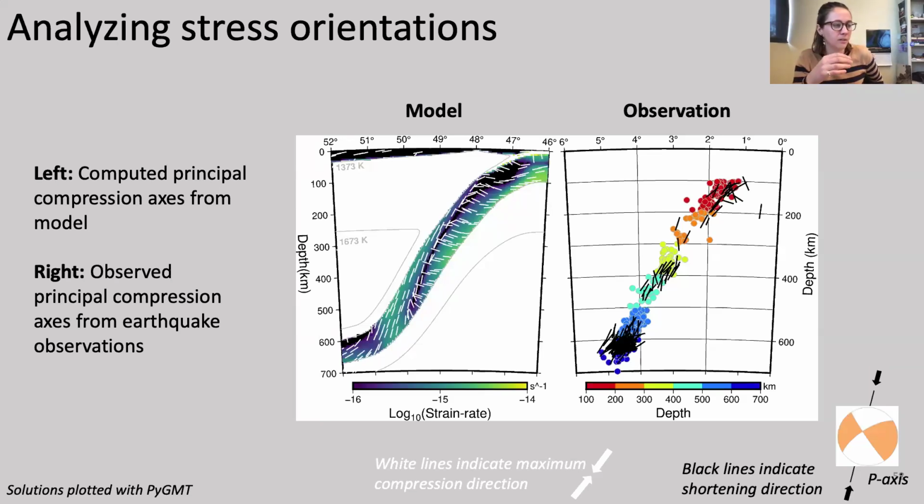Where are we seeing down dip compression or down dip extension? Is this on the top or bottom side of the slab? Because we have the elastic component, we have a lot of different localized regions where it's not just down dip compression for a whole section, but we're getting, along the bending, down dip extension, and then down dip compression on the other side. So this is a future direction that I'm working on to get this more detailed analysis of the stress orientations that we're able to look at now, accounting for the elasticity and the location-specific models.